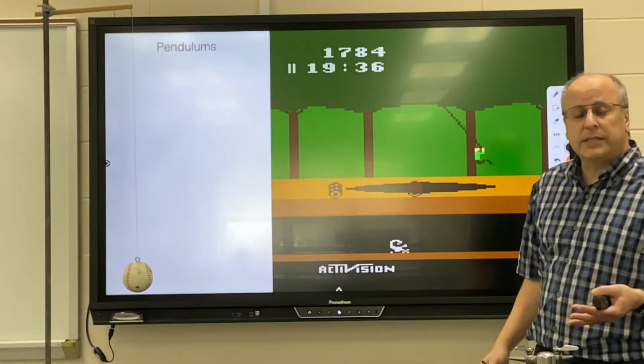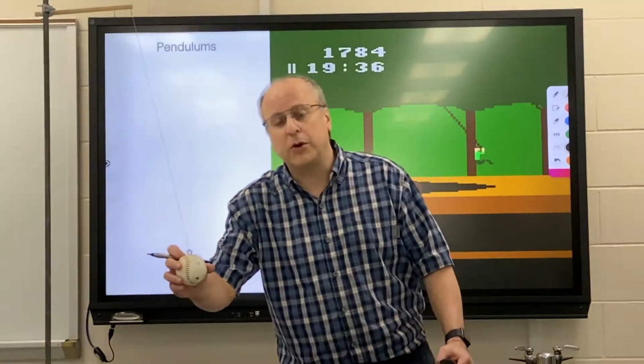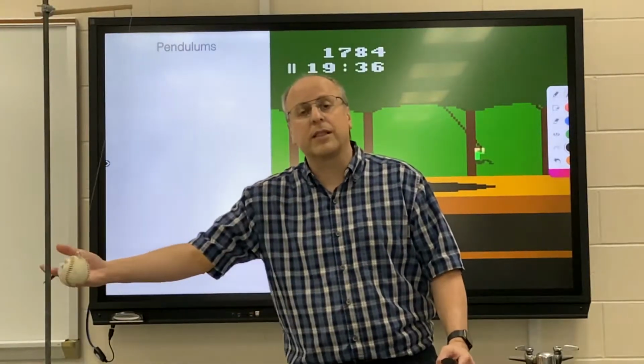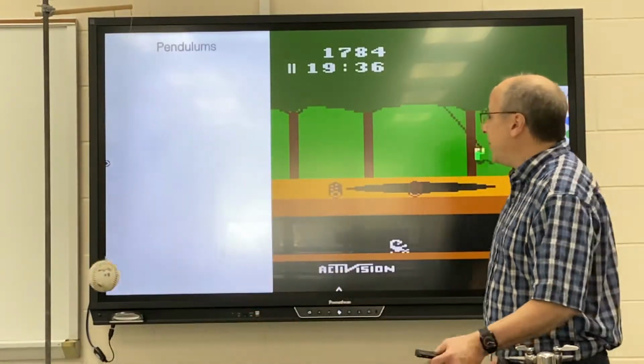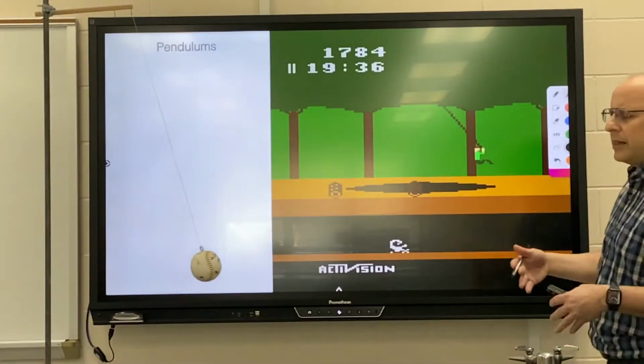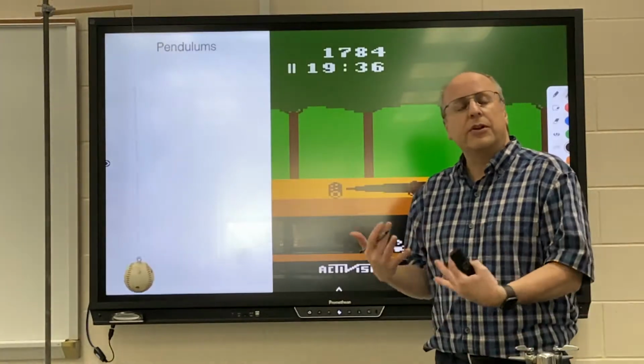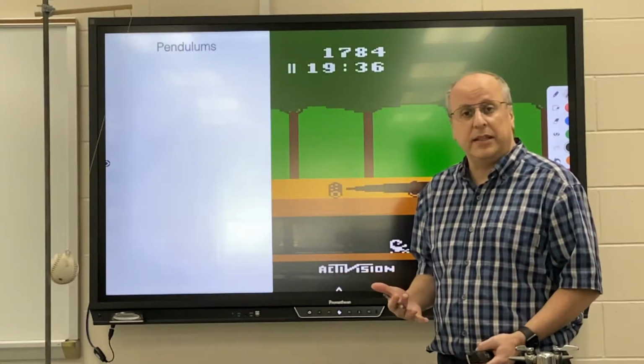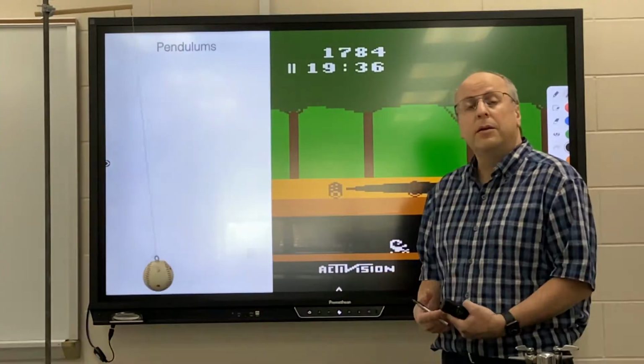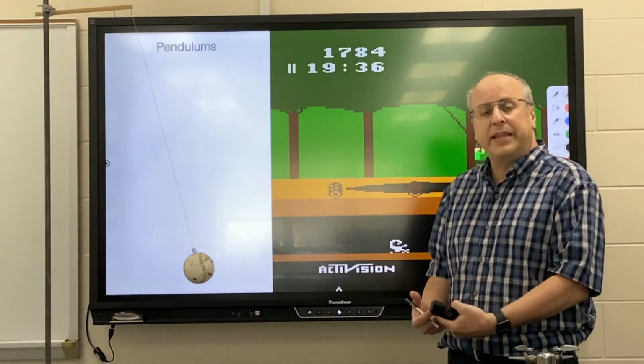We're going to focus today on the repetitive motion of a pendulum. Pendulums swing back and forth like clockwork. Okay, we run across pendulums in a lot of strange places. They're not the most important thing we're studying this year, but they're important because they help set the foundation for